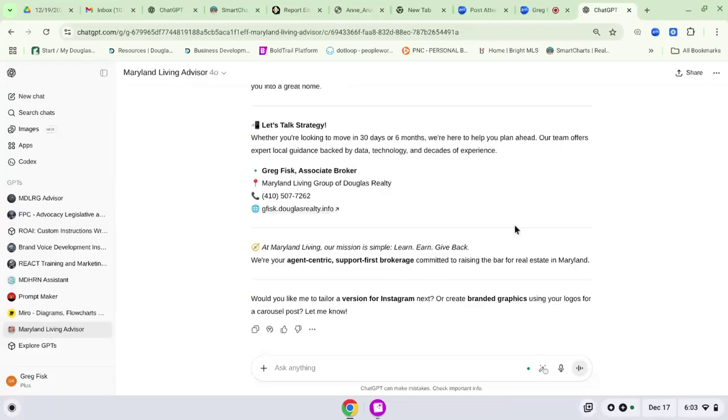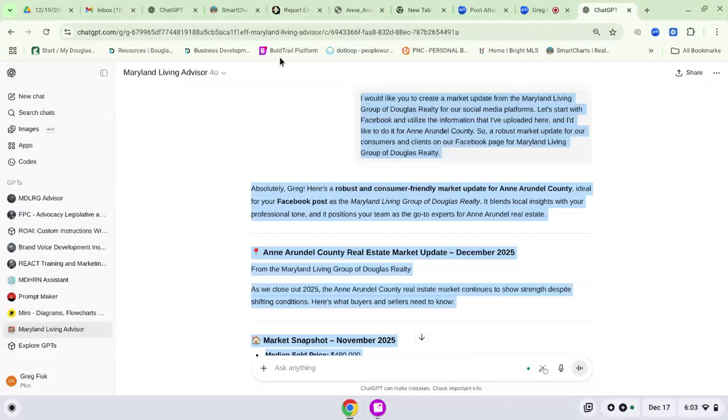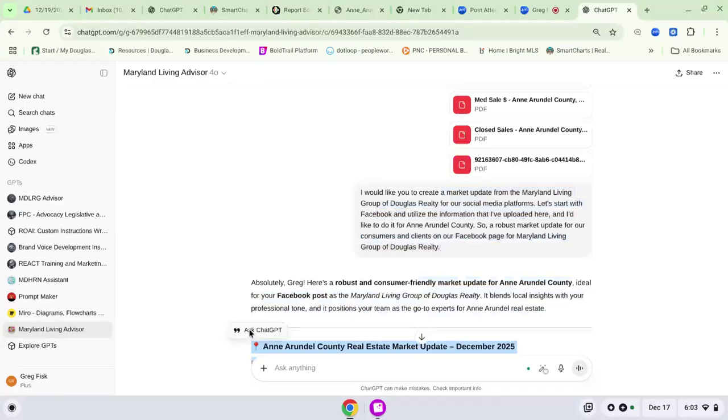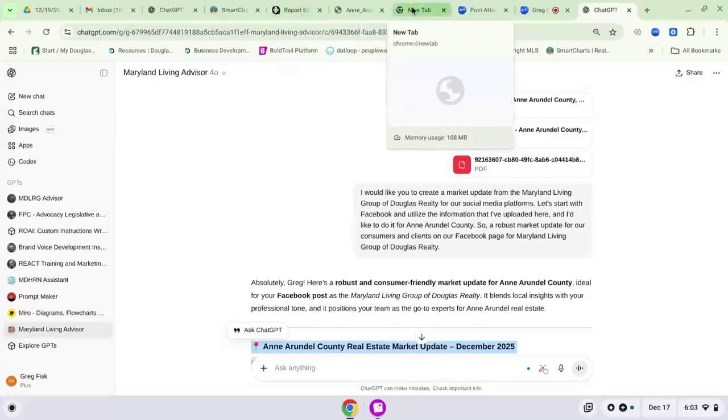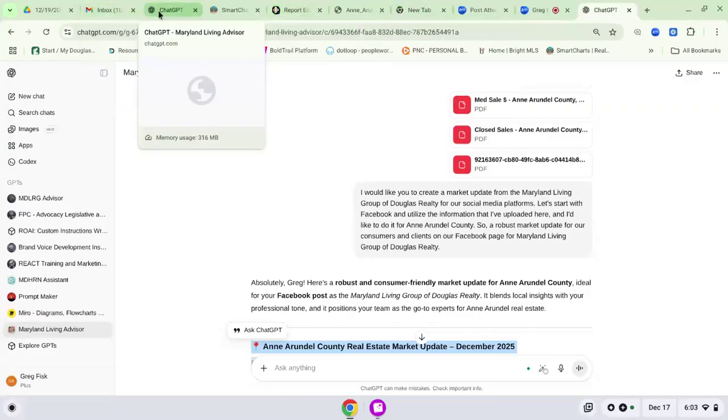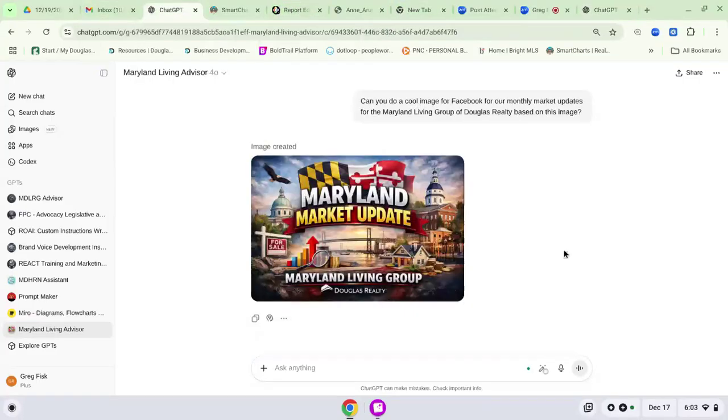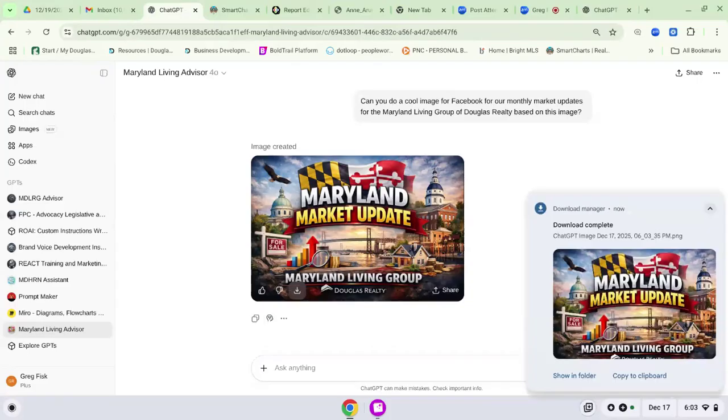So what I usually do with that is then I will just copy and paste. I always fact check it, make sure the information looks right, looks good. Let's see here. And I had to just quickly create a little image here. Maryland Market Update, Maryland Living Group, Douglas Realty. Everything looks okay on that. So let me download that image. And then